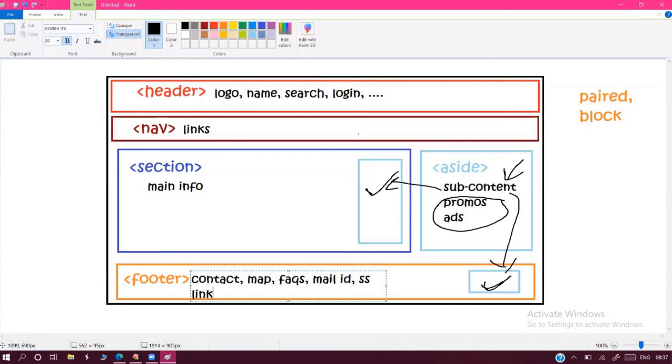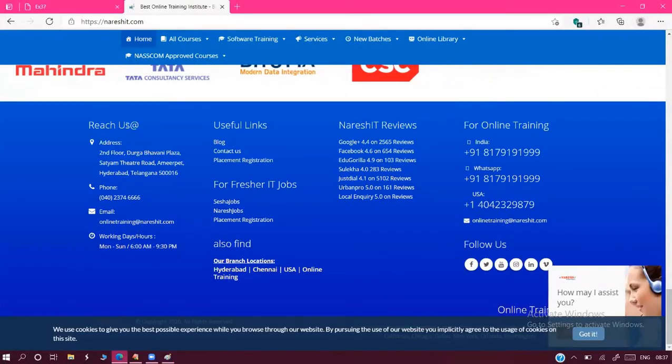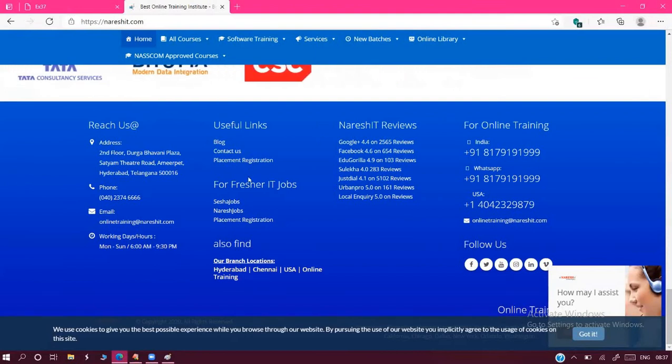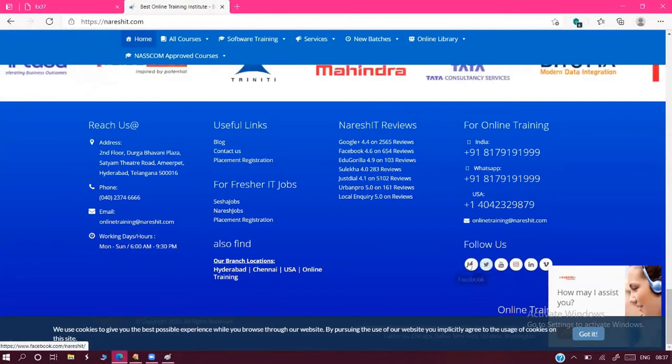Next, terms and conditions, rules and regulations, privacy policies. All these types of things come in the footer section. So here we have contact us details, useful links, reviews, contact numbers, social media links.